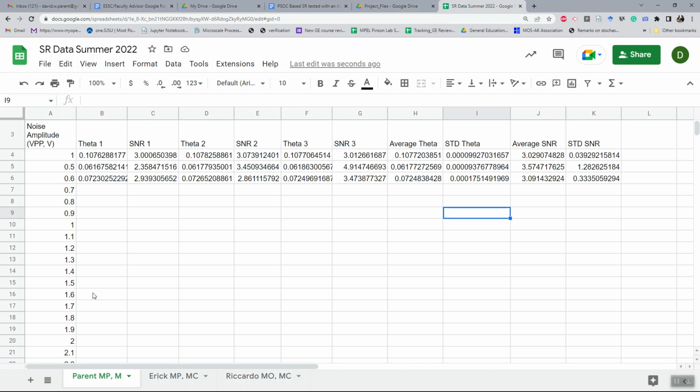Then there's another thing, just measuring the full width half maximum. We do that in the same way. And then once you get those two things close to what I have, then you can change the